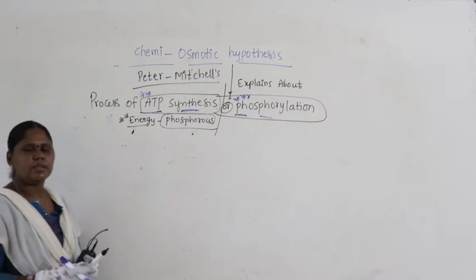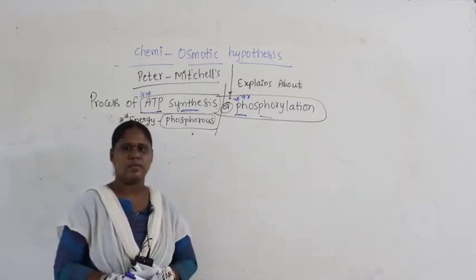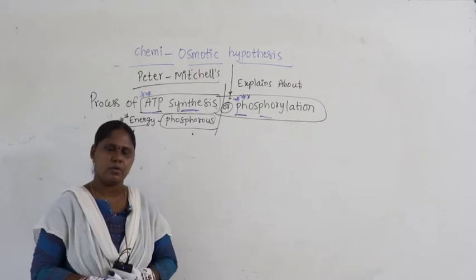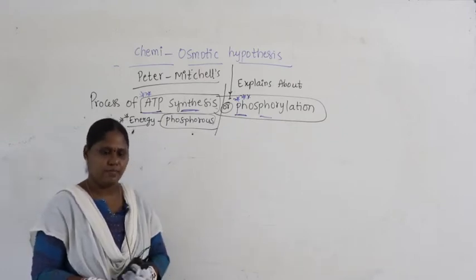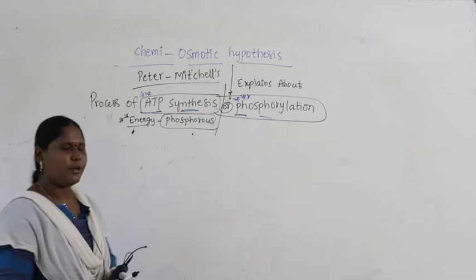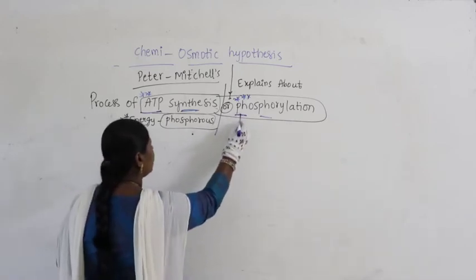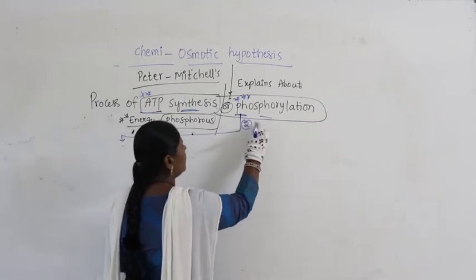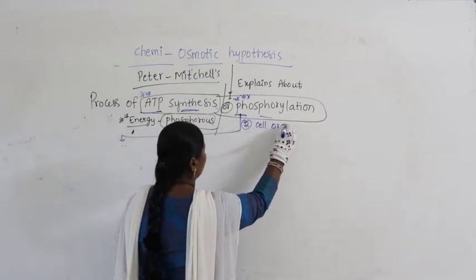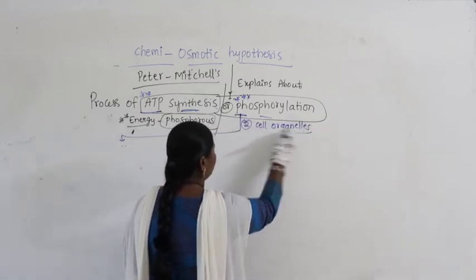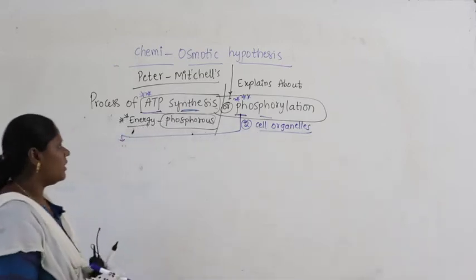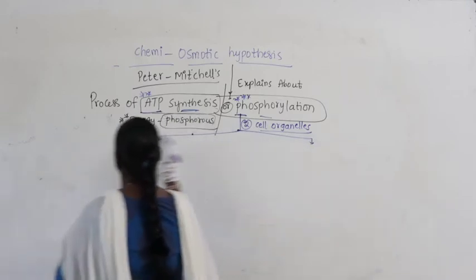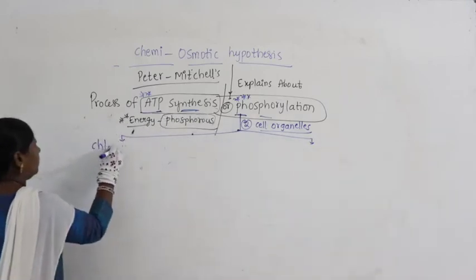Then next question, as I told you for the last class very clearly, two important cell organelles play a very important vital role. What are they? We have chloroplast and mitochondria, right? So let us go in depth of this. So this phosphorylation occurs in two cell organelles. I just introduced this in the last class. So which are the two cell organelles we have to study? One is chloroplast,